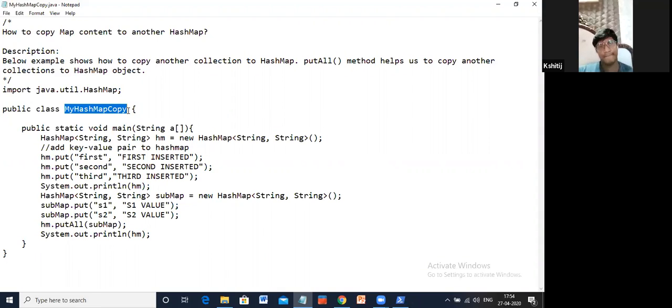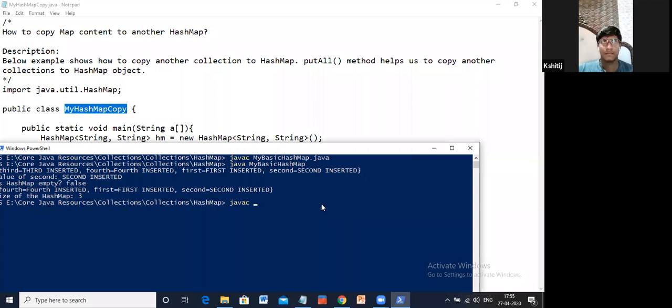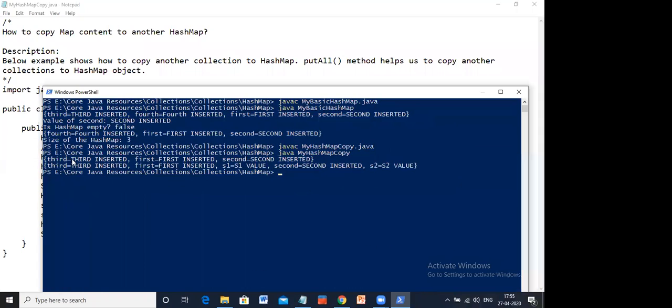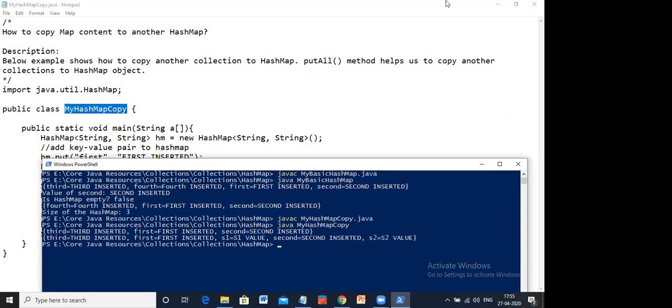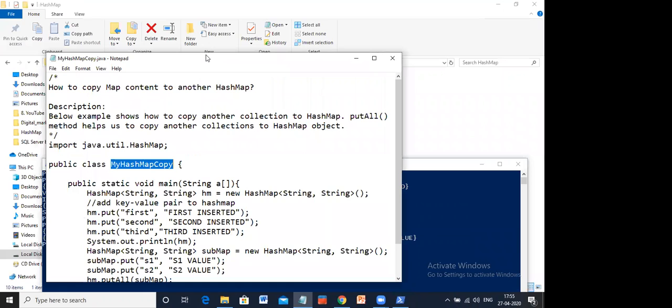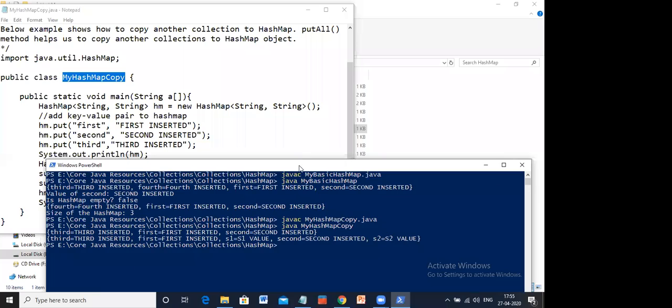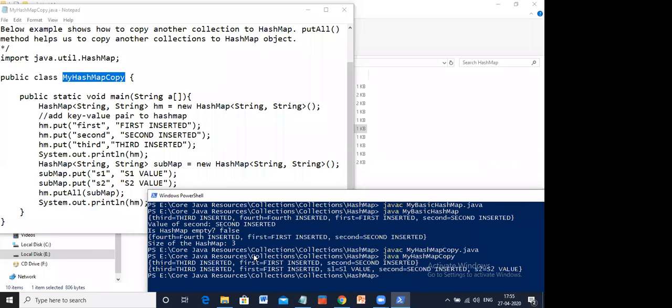So I'll just run this. Let's see. Okay, here you can see the first list has only 3 values. Then once we added putAll, look at the output.